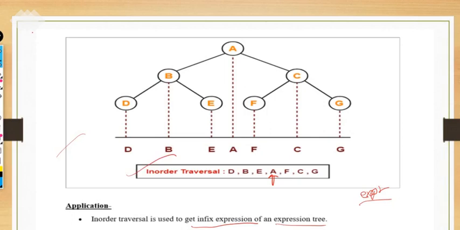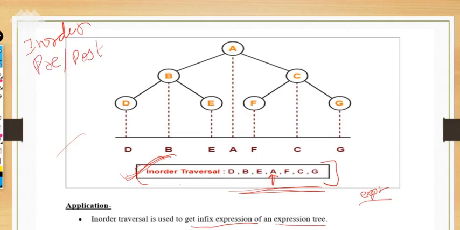I'm telling you this topic is very important from the competitive point of view also. In competitive exams, the question always comes like this: the in-order is given to you, and they will give either the pre or post order. If pre is given with the in-order, you have to find the post order. If in-order is given with the post order, we have to find the pre-order. So it's very important to cover. Just go through this.